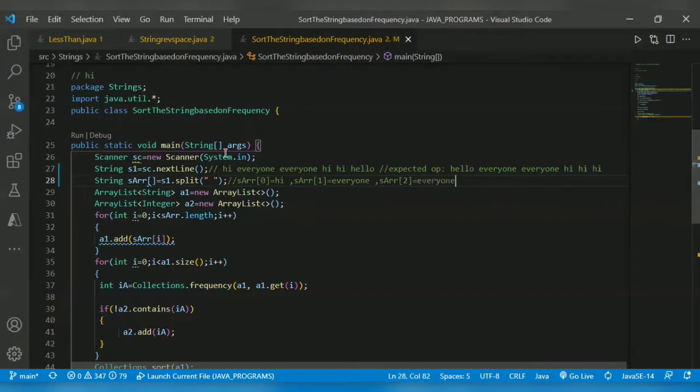Likewise, it will store indexes 0, 1, 2, 3, 4, 5. Each word will get stored in the string array.